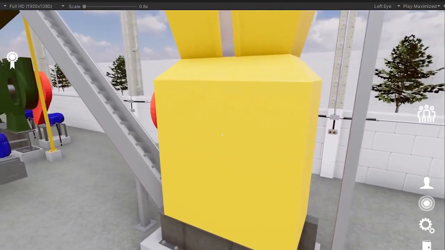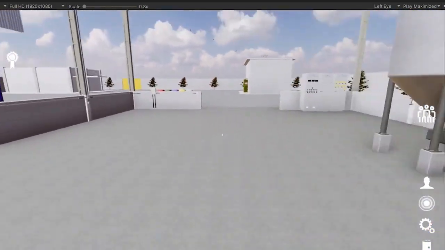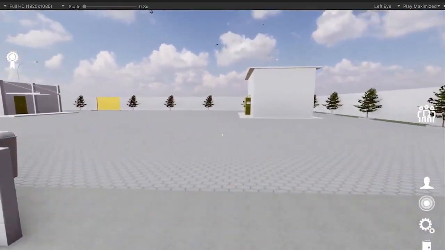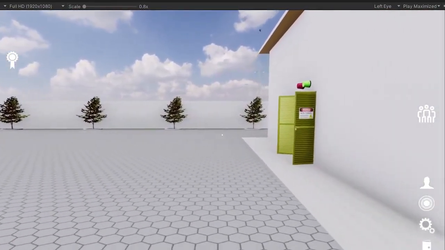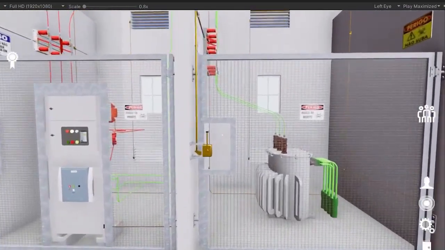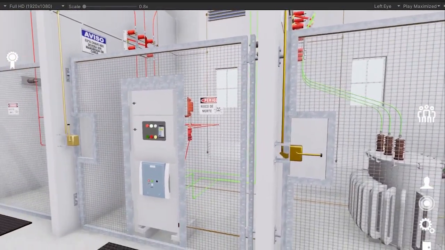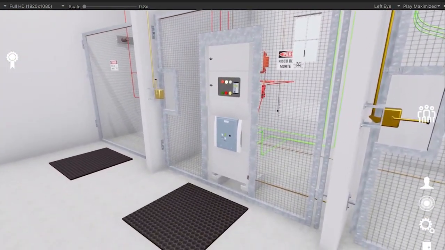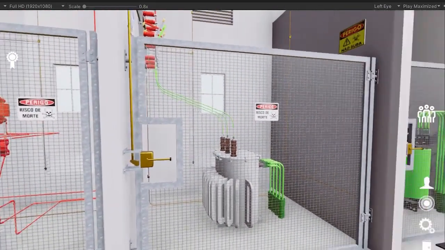So, for example, I can simulate a transformer switching operation. There are two transformers, they're in parallel, I can take one out, I can take the other out, bring one back. So here's what I'm going to do. I'm simply going to open one transformer, open my cabinet and energize my... I closed it, it turns green here, and the other transformer,